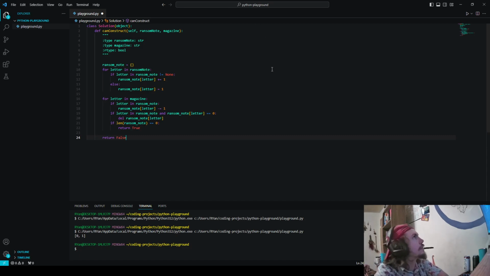So what we got here, basically, this is a ransom note. You're going to see if a ransom note could be made from the magazine. So basically, what we're going to do, I think there's probably ways that you could implement this with only one loop. I did it with two though. So first things first, we are going to create a dictionary. And for every letter,